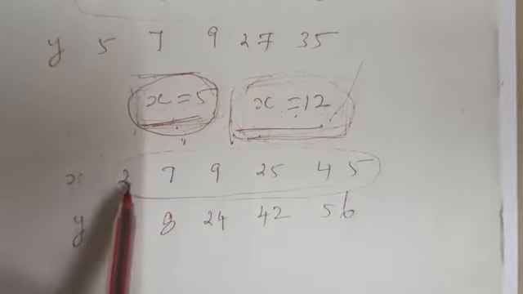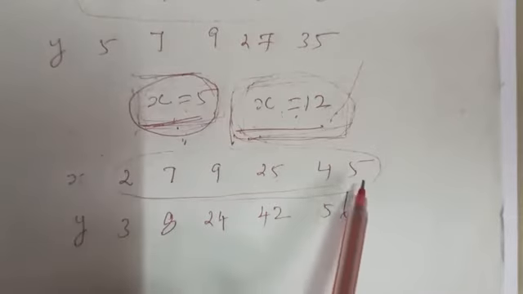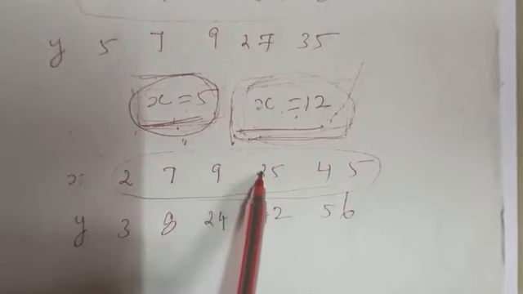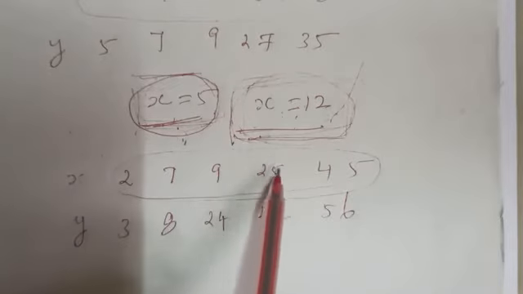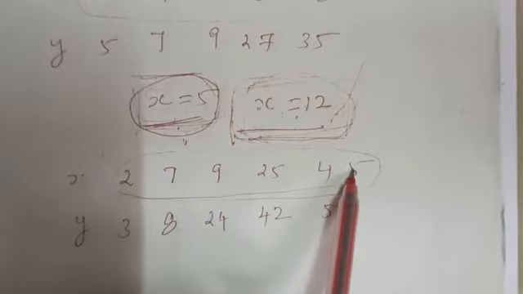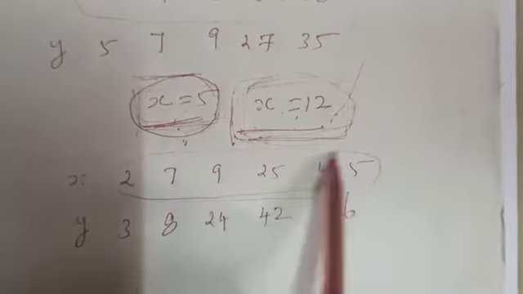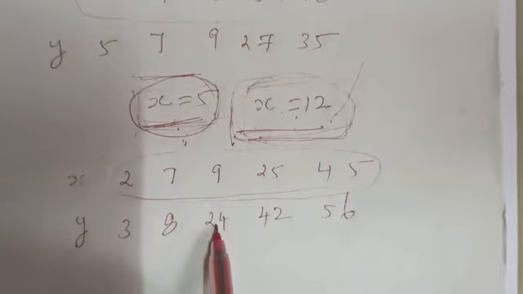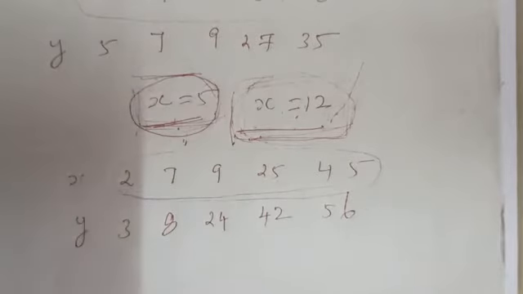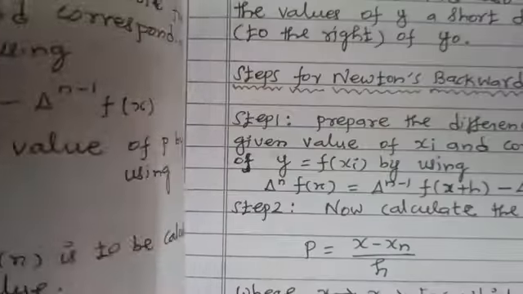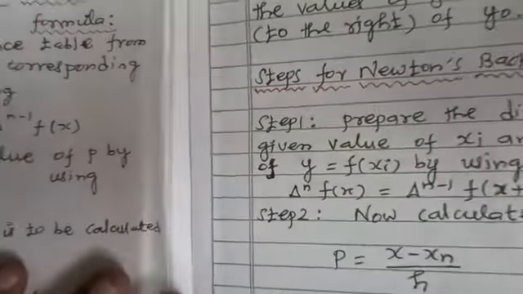The given x values x0 to xn, between two x values, are not at equal intervals. This is for unequal intervals. At that time we can use two methods: Newton's divided difference interpolation formula or Lagrange interpolation formula. First we will discuss Newton's